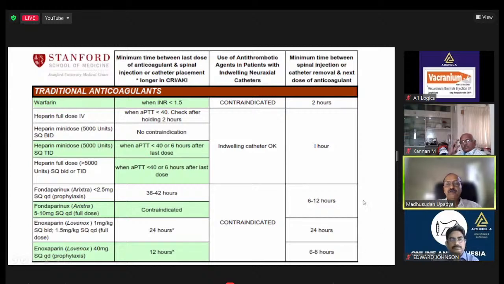Heparin full dose IV: when the APTT is less than 40, you check after holding for 2 hours. And the heparin mini dose, that is 5000 units subcutaneous BID, there is no contraindication. But when the patient is on TID dosing of heparin, you check the APTT, and if it is less than 40 or if it is 6 hours after the last dose, and heparin full dose, that is 5,000,